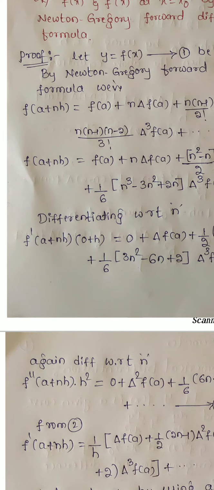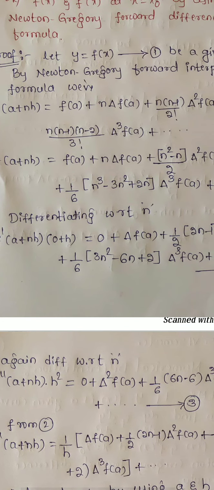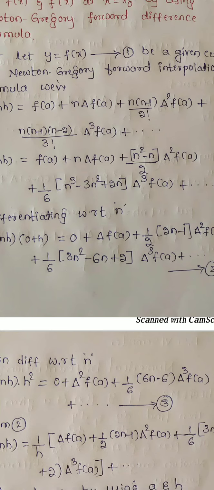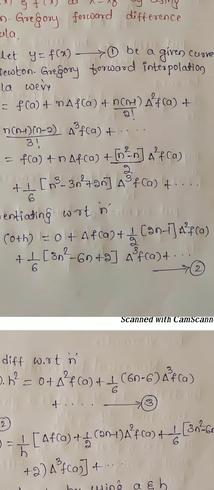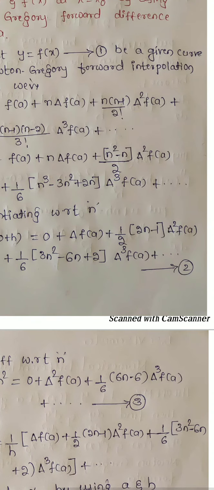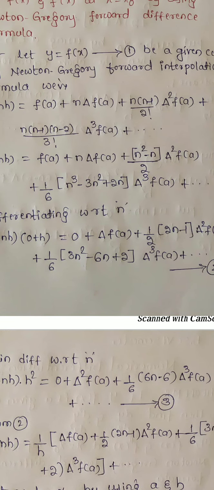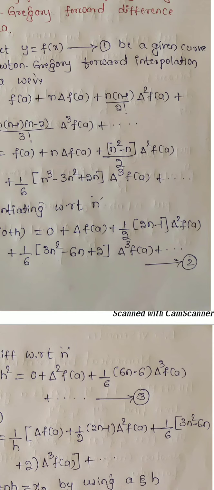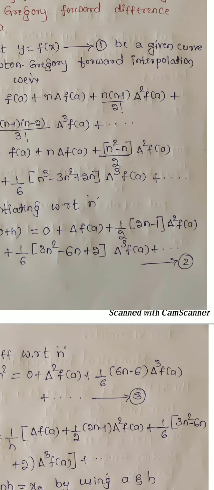Then f of a plus nh equal to f of a plus n into delta f of a plus, multiplying this out, that is n square minus n divided by 2 into delta square f of a plus, and this term becomes what? 1 divided by 3 factorial, that will become 6. 1 by 6 into n cube minus 3n square plus 2n into delta cube f of a plus,